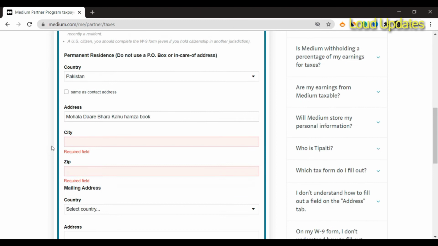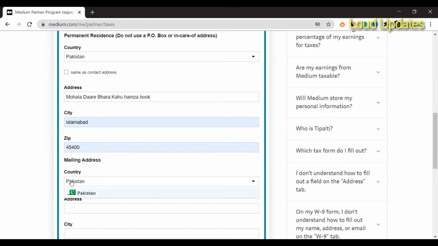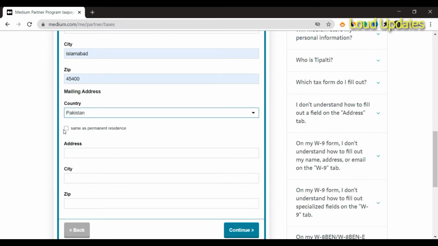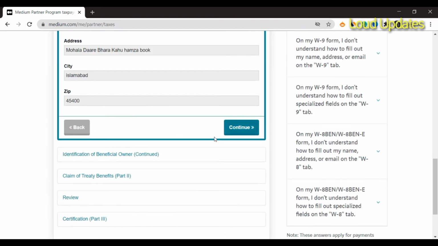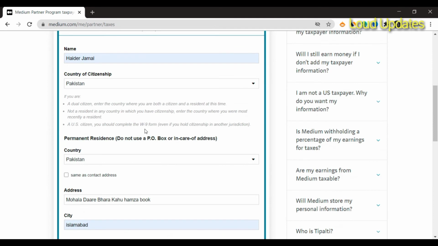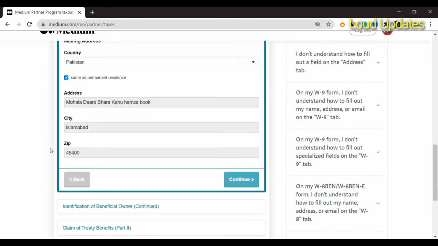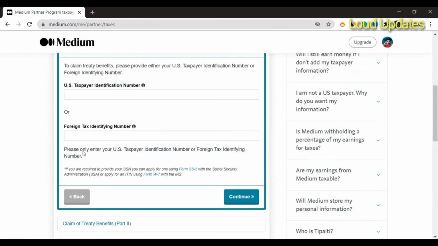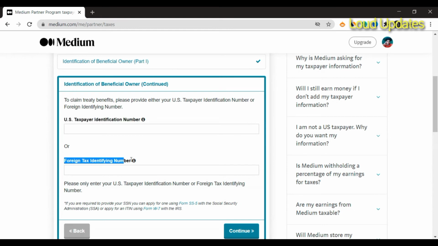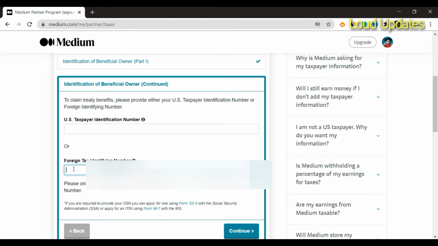We cannot use same as contact address because the field accepts up to 40 characters. We need to enter custom details, and now again select your country and same as permanent residence address, and now review your details and click on the continue button. Next is USA taxpayer identification number and foreign tax identifying number.